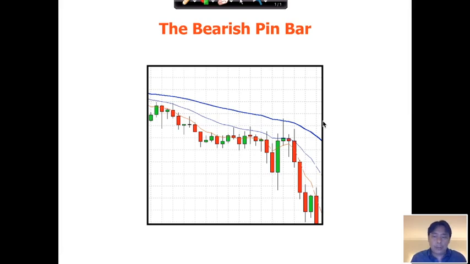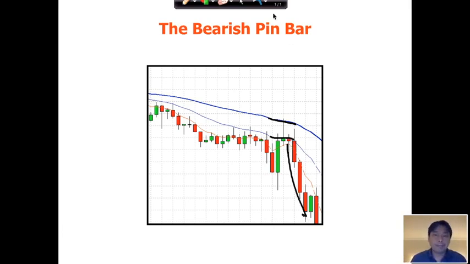Take a few seconds, take a look. There we go. That's your bearish pin bar. All right, there we go. So notice what's happening. On a downtrend, the bearish pin bar appears at the resistance of the moving average. In this case, the moving average is the 50 moving average, the blue line, or sorry, the 80 moving average. So it's kind of resisting it, goes up, boom, comes down. So that's when we short and we take the trade down.